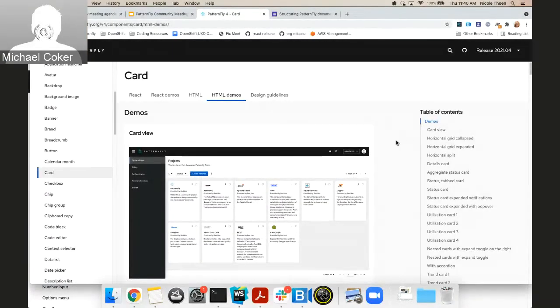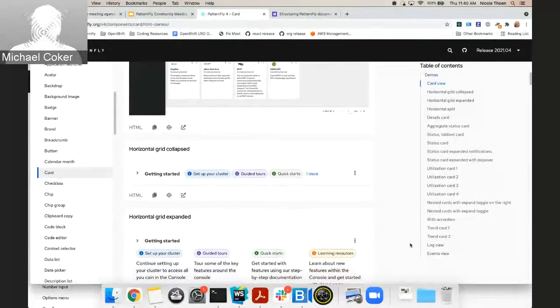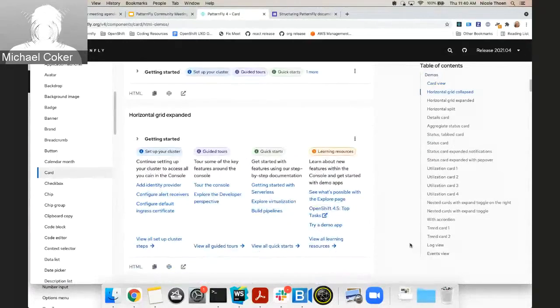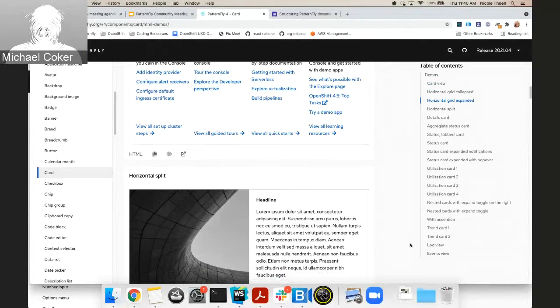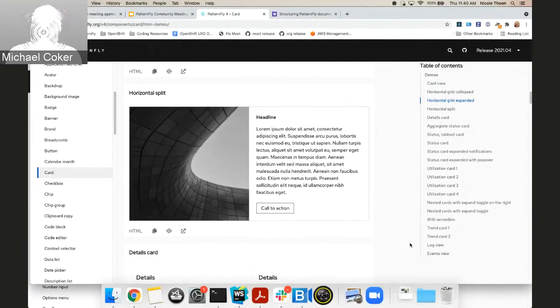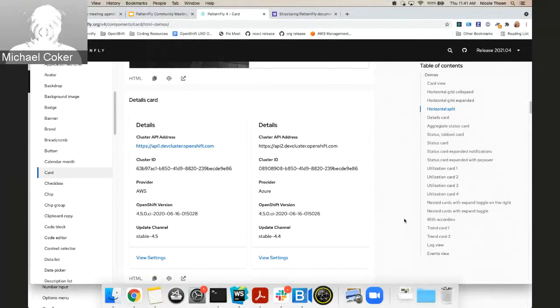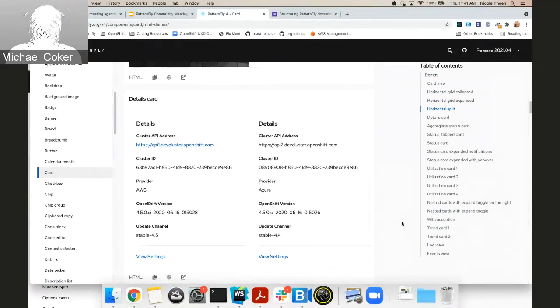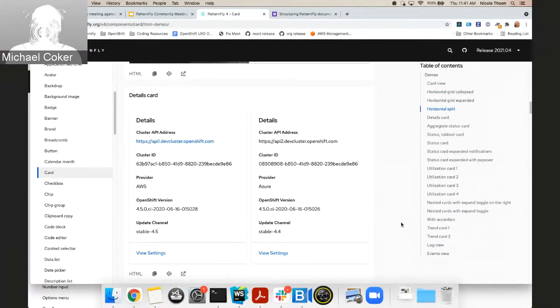And then lots of really great card demos here. And so if you scroll down a little bit, the card view was existing. And then I scroll down just a little bit. We're going to go down to the details card. Okay, yeah, so this is where the new tabs, card demos start. And these are basically dashboard level card demos that you might put together in a dashboard configuration.